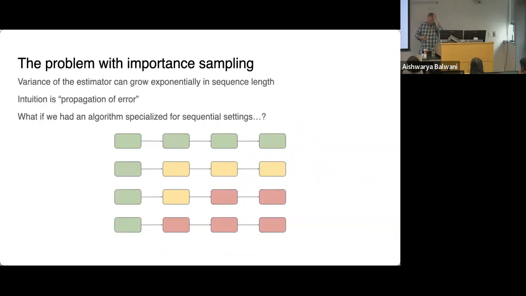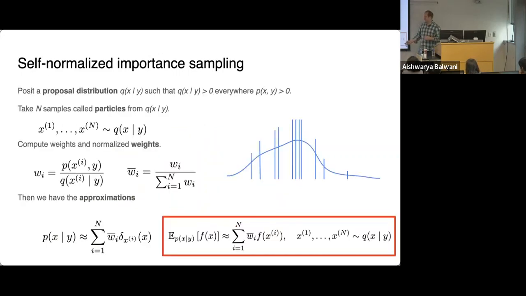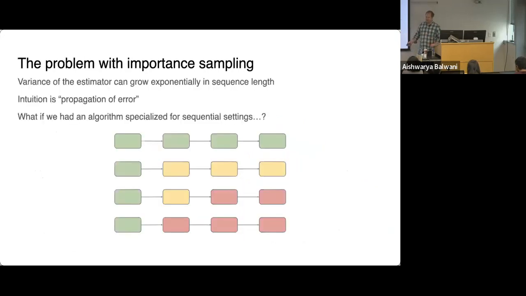Now, the problem with importance sampling is the variance of these estimates. I said you can get a consistent estimate of the expectation of f of x, but I didn't tell you anything about the variance of that estimate. And when designing Monte Carlo estimators, it all comes down to bias and variance. So here, the variance is going to become problematic.